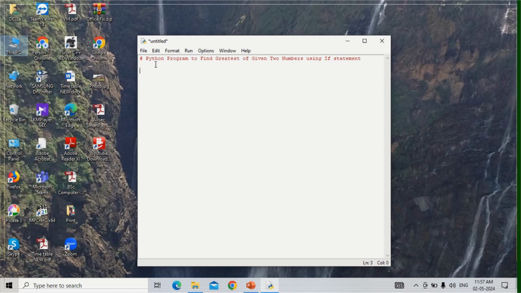So here I will be requiring three variables. Two variables for the purpose of reading values and one variable for the purpose of storing the greatest of given two numbers. So first I will write a, space, equal to, space, int, open the bracket,